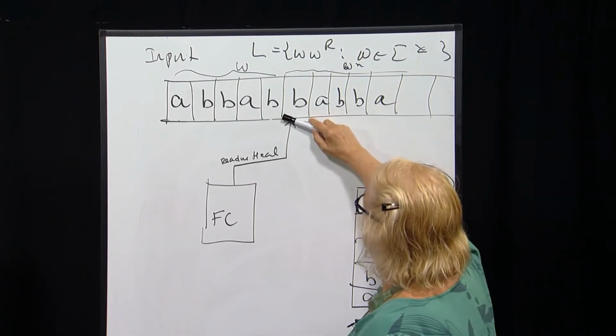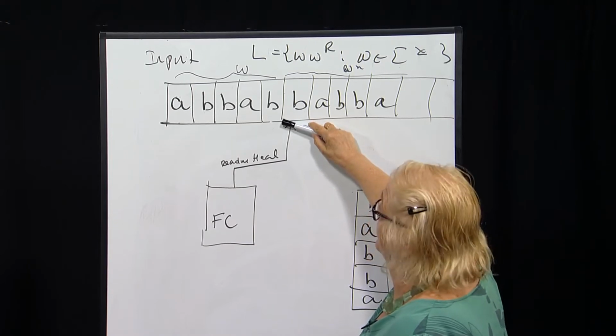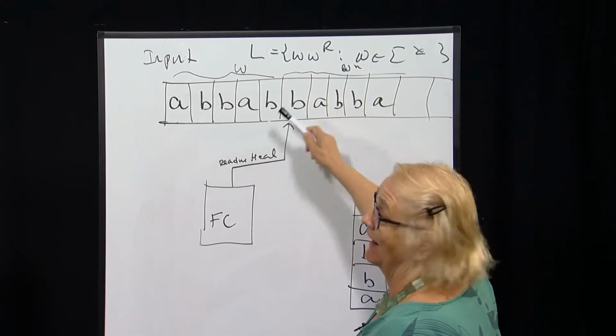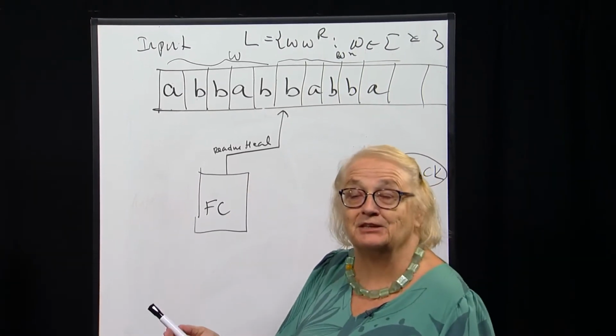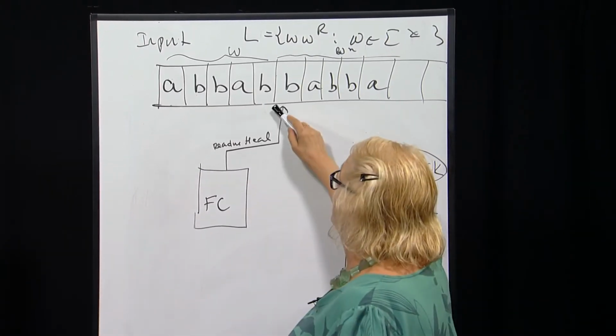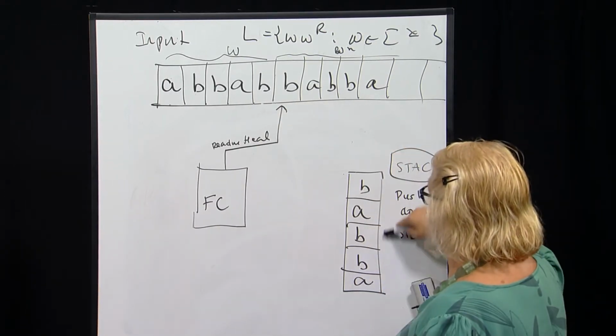So I'm here, and now I want to check this, I don't know, so that would be not deterministic, but now I say, okay, I am here, I want to check if what is already on the stack